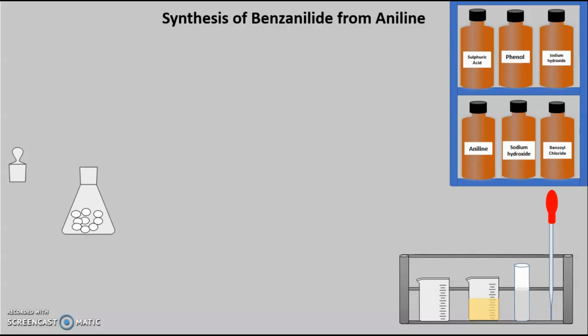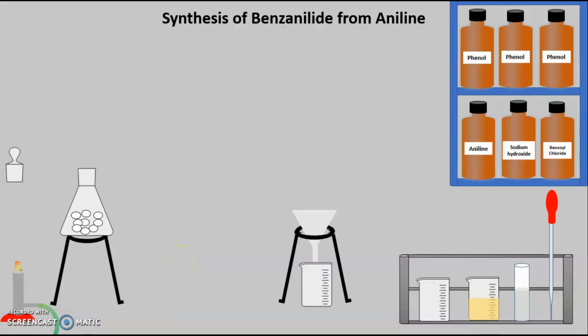Then the next step that we are going to perform is recrystallization. For that purpose we are going to use methylated spirit. Here you can see that we have taken this product for the recrystallization. We are going to employ the recrystallization to carry out the purification of our product. For this purpose we are going to utilize hot alcohol, or you can say methylated spirit. Recrystallization is carried out for the purification of the product.